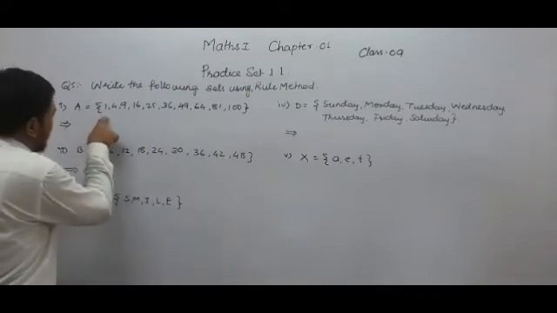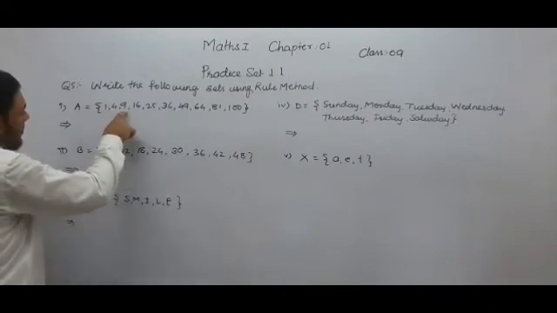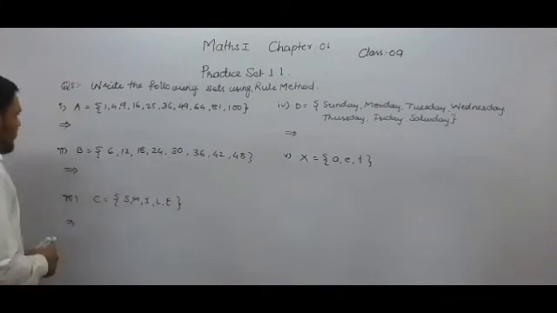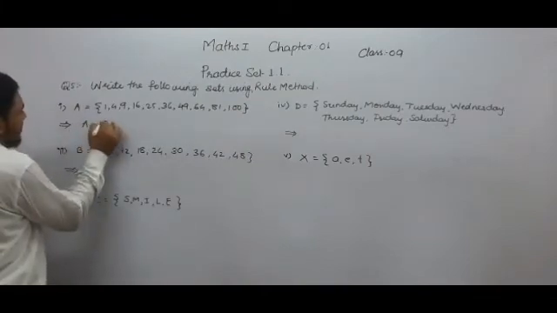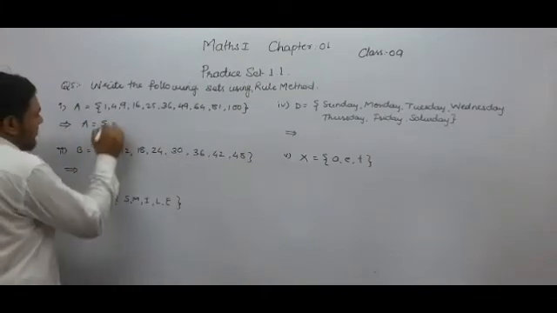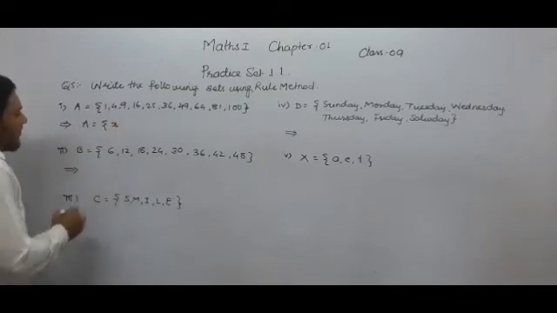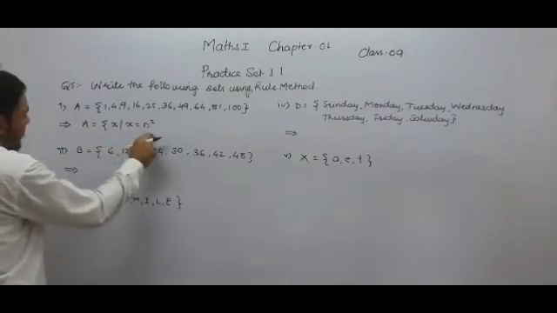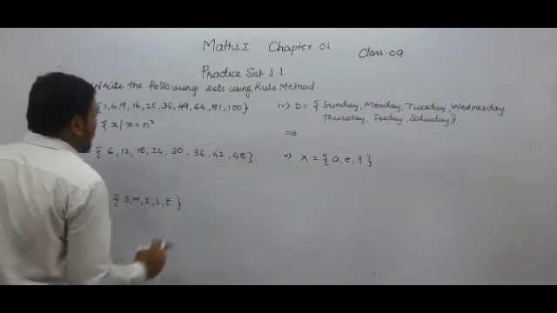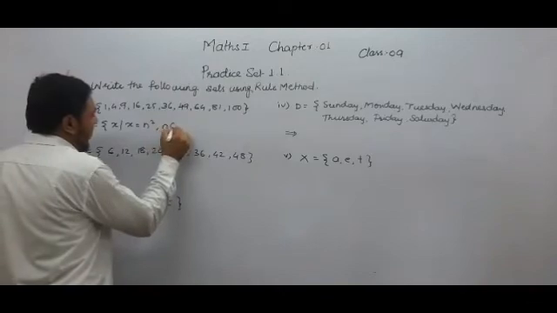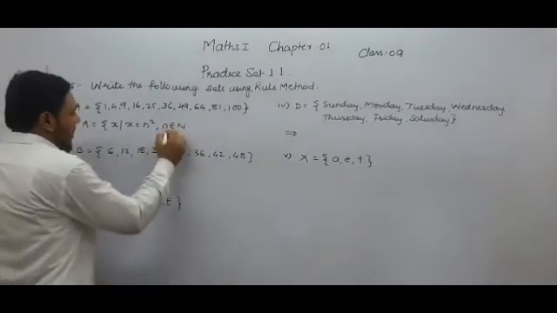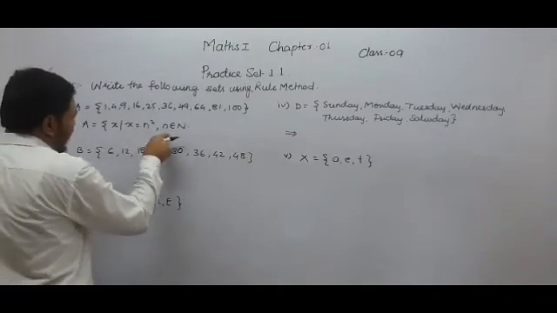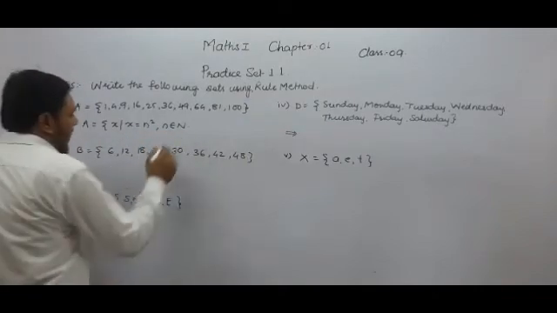Student, 1 is the square of 1, 4 is the square of 2, 9 is the square of 3. So actually these are the squares of natural numbers. So we can write this in rule method. See, the square of 1 is 1. So we can take a general element x here, such that x is equal to n square. I am writing x is equal to n square because these numbers are the squares of natural numbers. Now we have to take n from the set of natural numbers. So n belongs to natural numbers. x such that x is equal to n square, and this n belongs to the set of natural numbers, and